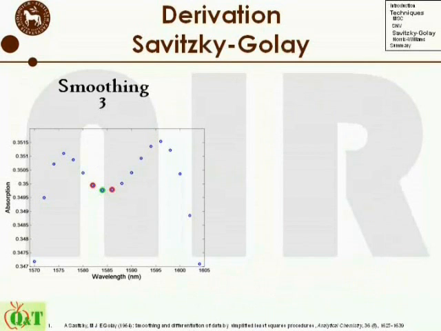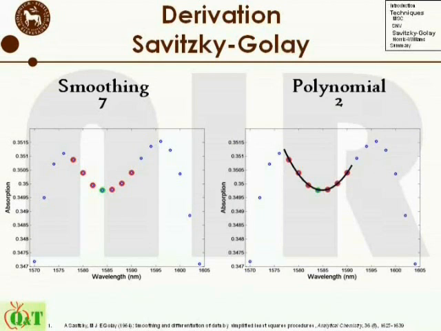There are 3 parameters which should be decided in the Savitzky-Golay routine: the degree of derivative sought for, the number of points used in the smoothing, and the polynomial order of the smoothing function. It is important to be aware that as the degree of derivation increases, the signal-to-noise ratio decreases. This is especially the case if few points are used in the smoothing and/or high polynomial order for the smoothing